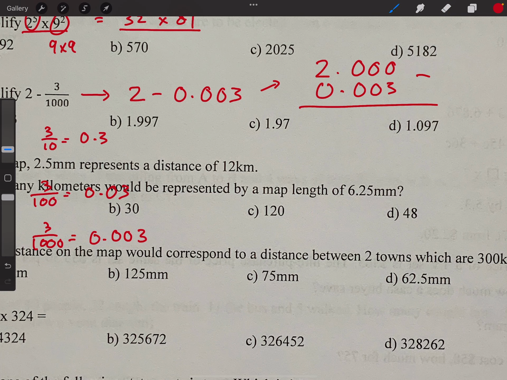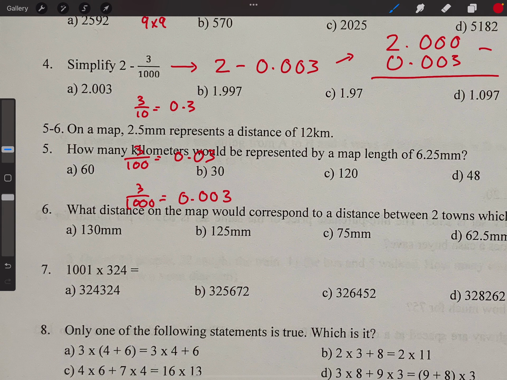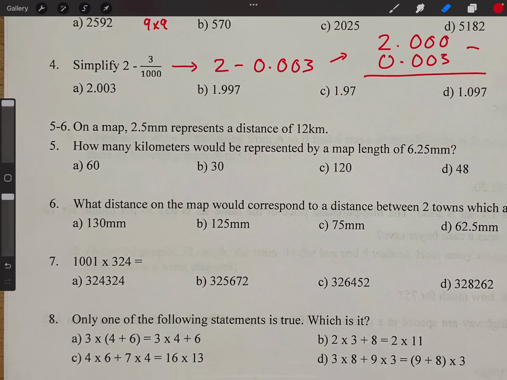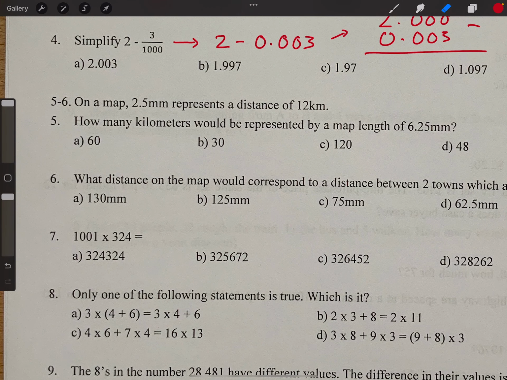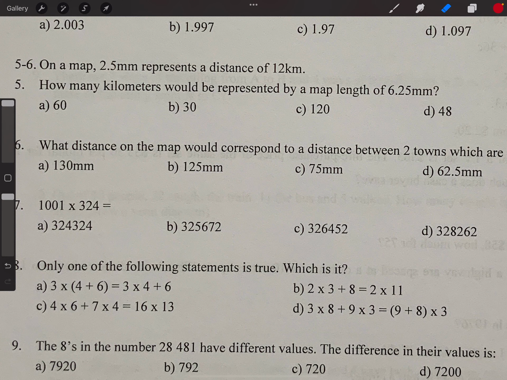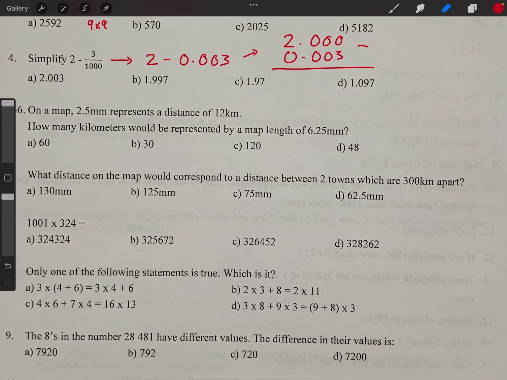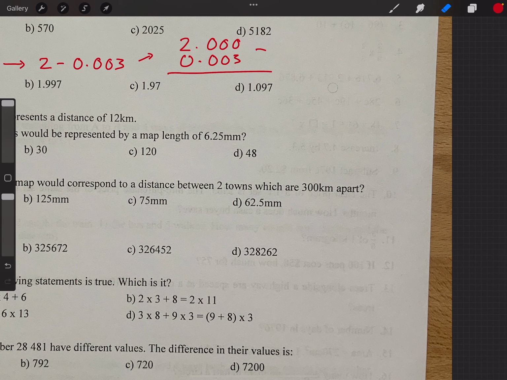Okay, so I think you can work that out by yourself. Shouldn't be too hard. Next one, question number 5. It says on a map, 2.5 millimeters represents a distance of 12 kilometers. How many kilometers will be represented by a map length of 6.25 millimeters? Okay. Well,